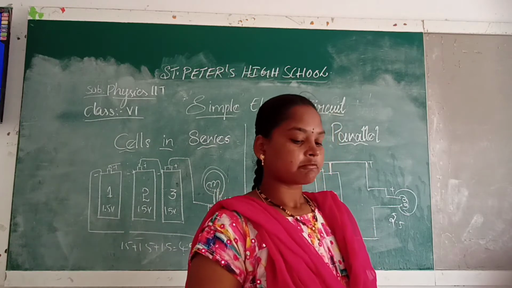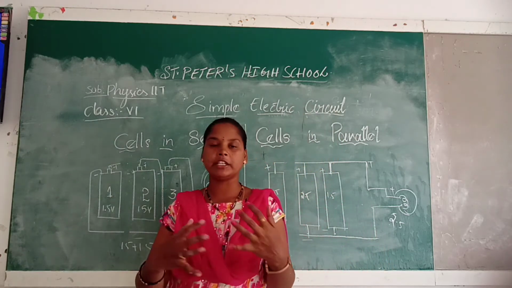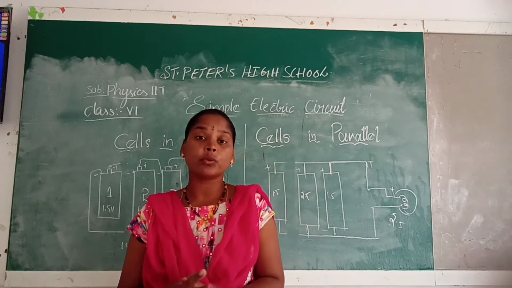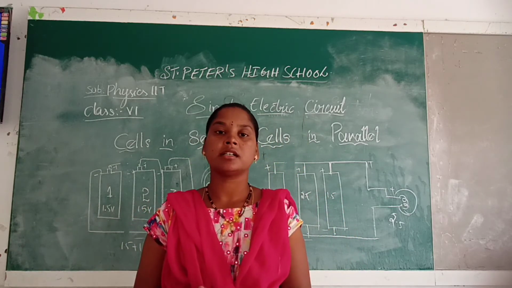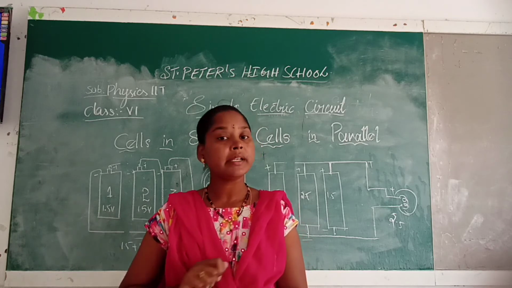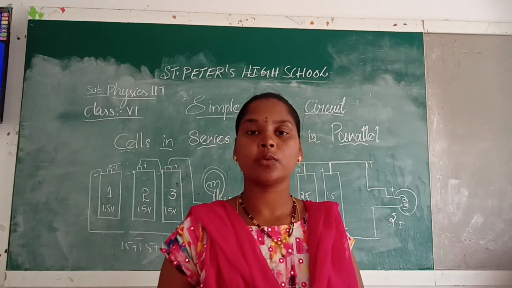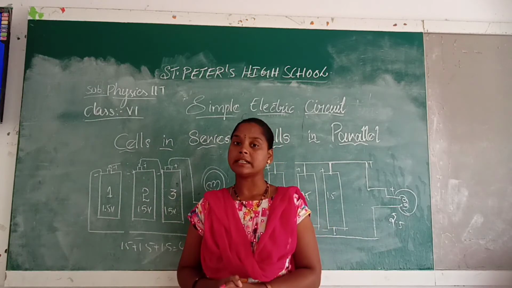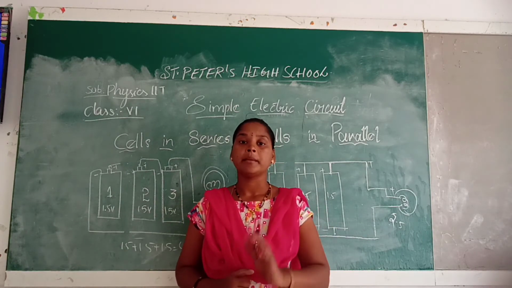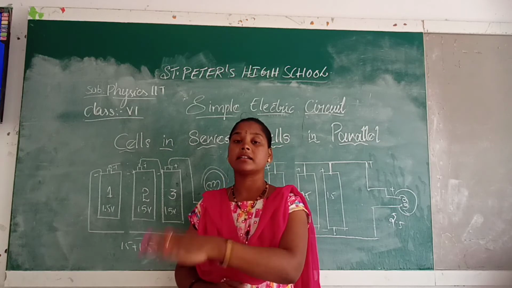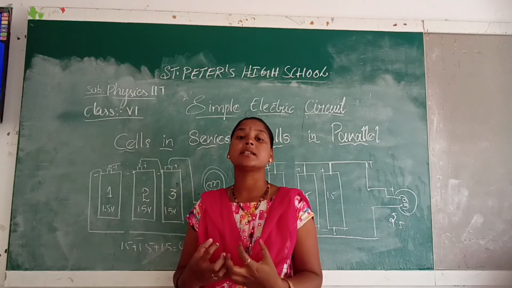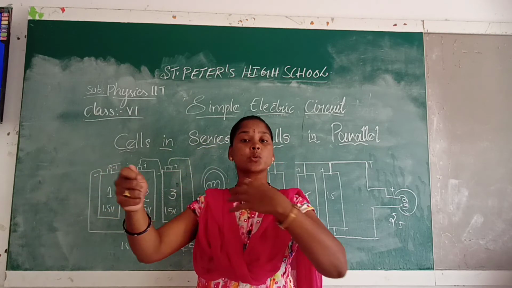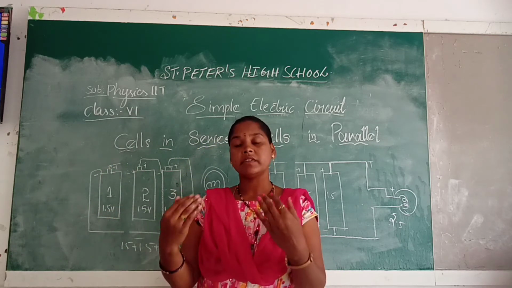For example, if anyone gets an electric shock, what do the other people do? They just push him away with a wooden scale or wooden stick. Instead of a wooden stick, why don't we take an iron stick or iron scale? Because iron is a conductor, that means it allows electricity to pass, so if we touch the person with one more conductor, the electricity passes to us. So there is a chance that we will get a shock too.